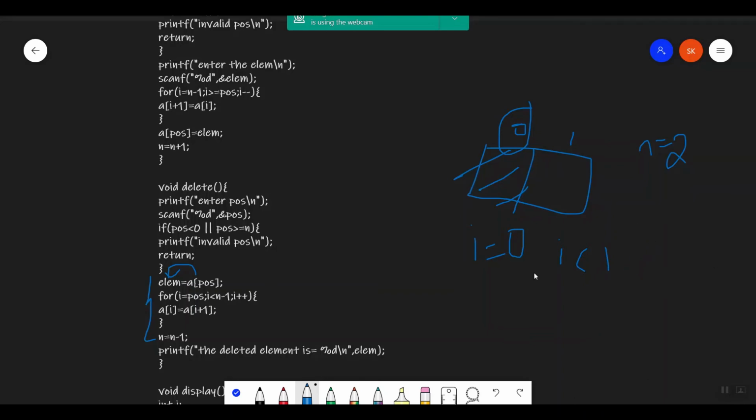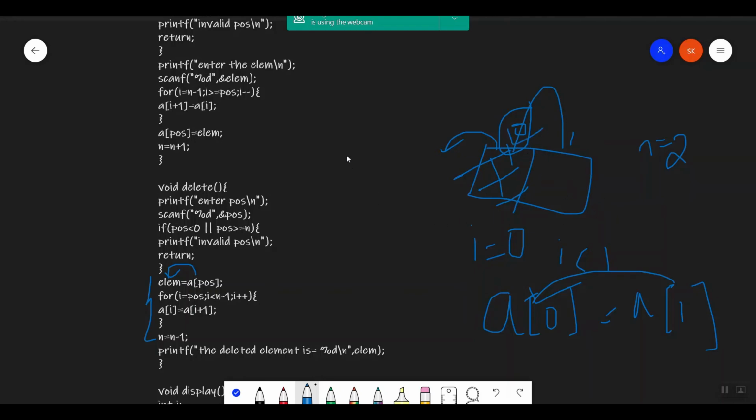And i plus plus will be done when the for loop is done. So a of i value is 0, so a of 0 will be a of 1. Whatever is there in a of 1 will be inserted into a of 0. Since this will be deleted, this will be left empty, so to fill the space, whatever is there in a of 1 will be given to a of 0.